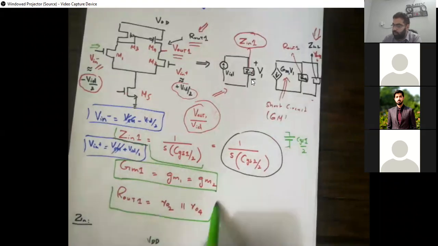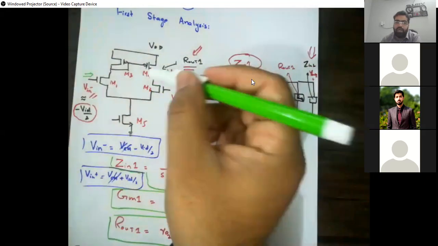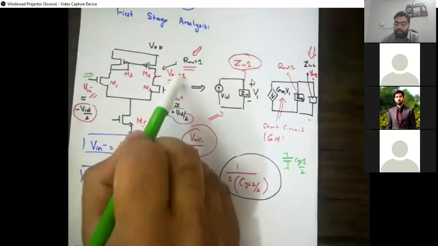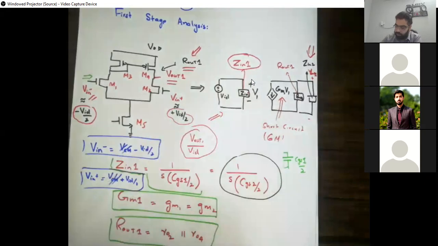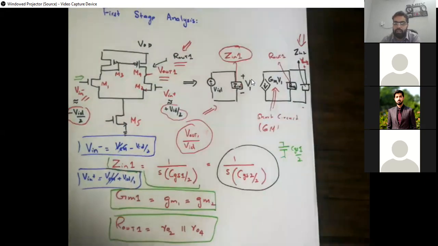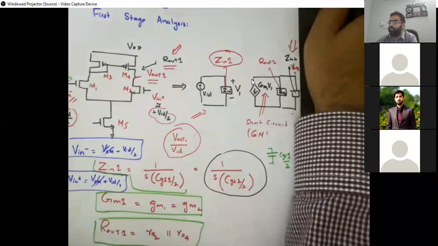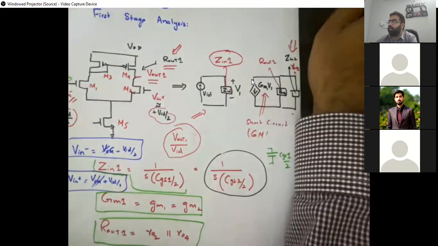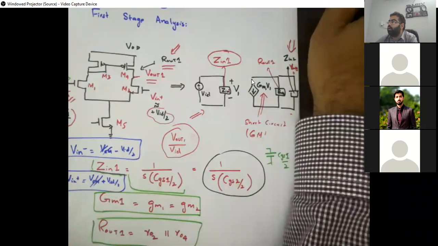Then R out क्या होगा? यहाँ से impedance कितनी होगी? That is a little bit tricky thing. यहाँ से R out 1 कितनी होगी इस सर्किट में? So here we have an M2 and on top we have an M4. So what do you think the R out 1 will be? इसको आप एक मिनट सोचिएगा कि ये किस तरह क्या होगी. And I want an answer from one or two of you कि क्या होनी चाहिए.